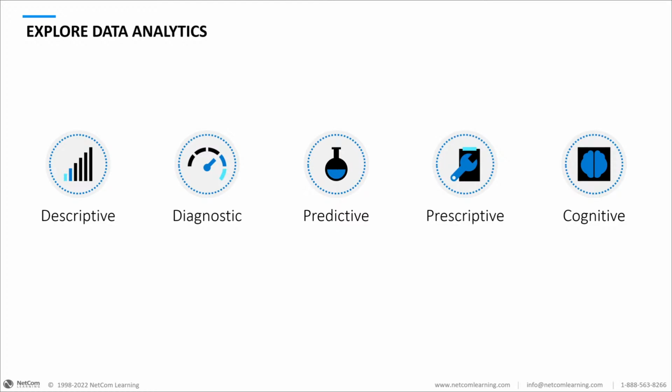The last one is cognitive analytics. So cognitive analytics combines a number of intelligent technologies, such as artificial intelligence and machine learning algorithms, deep learning algorithms, those sorts of things, to try and apply human brain-like intelligence to perform specific tasks. So this is basically the type of analytics that is inspired by how the human brain will process information, draw conclusions, and then use your standard instincts and experience to learn to understand,